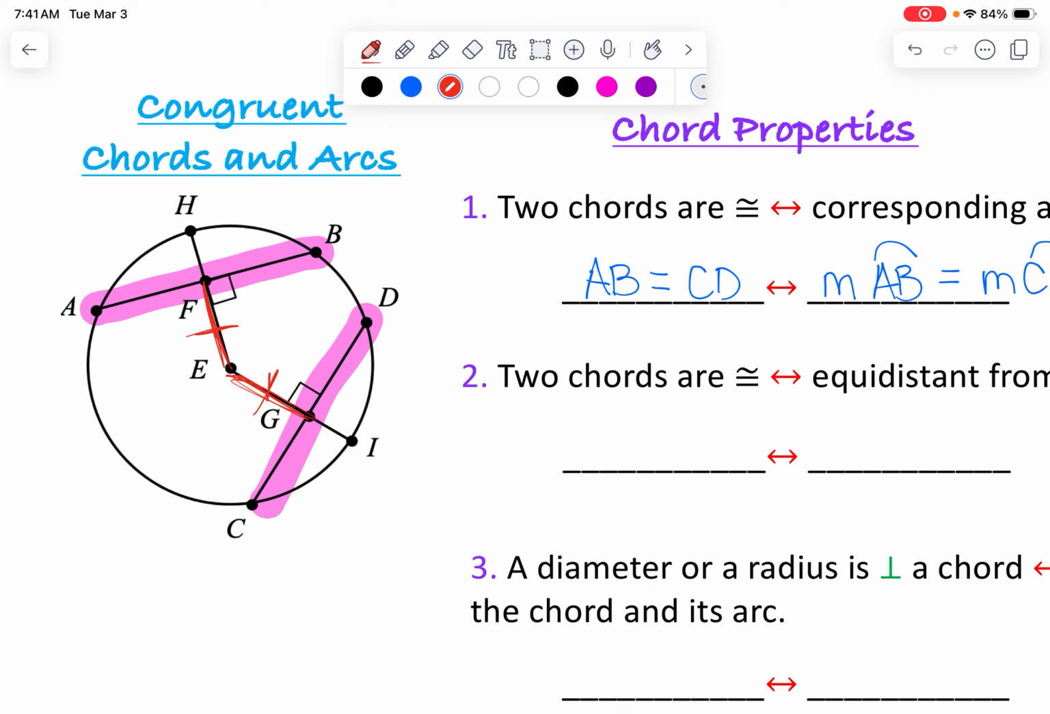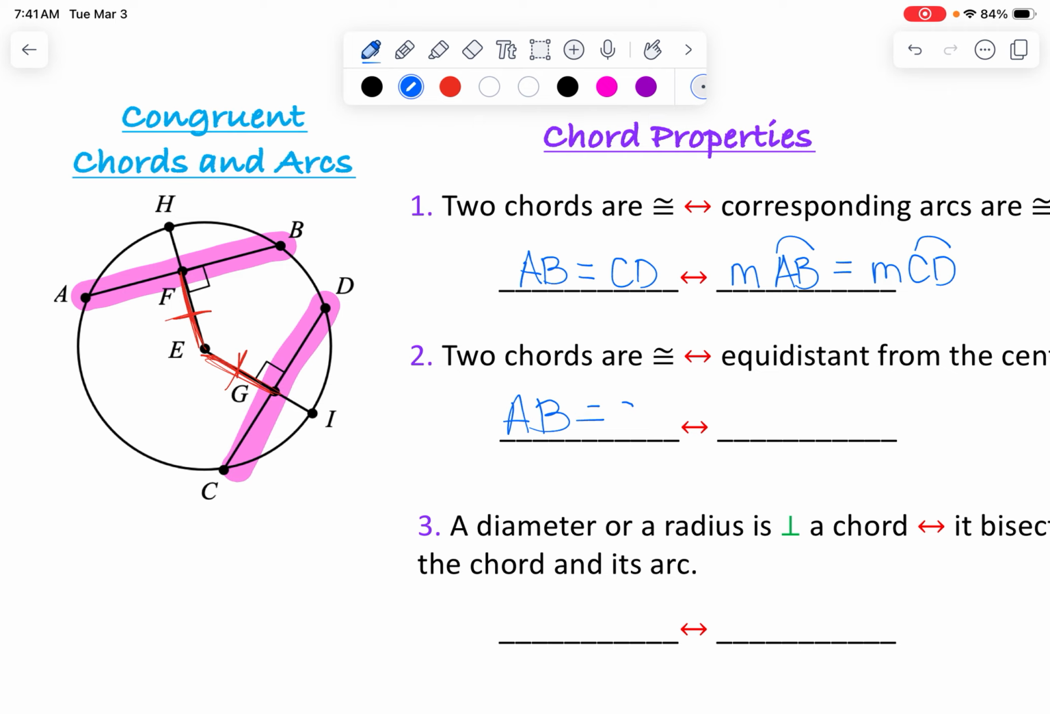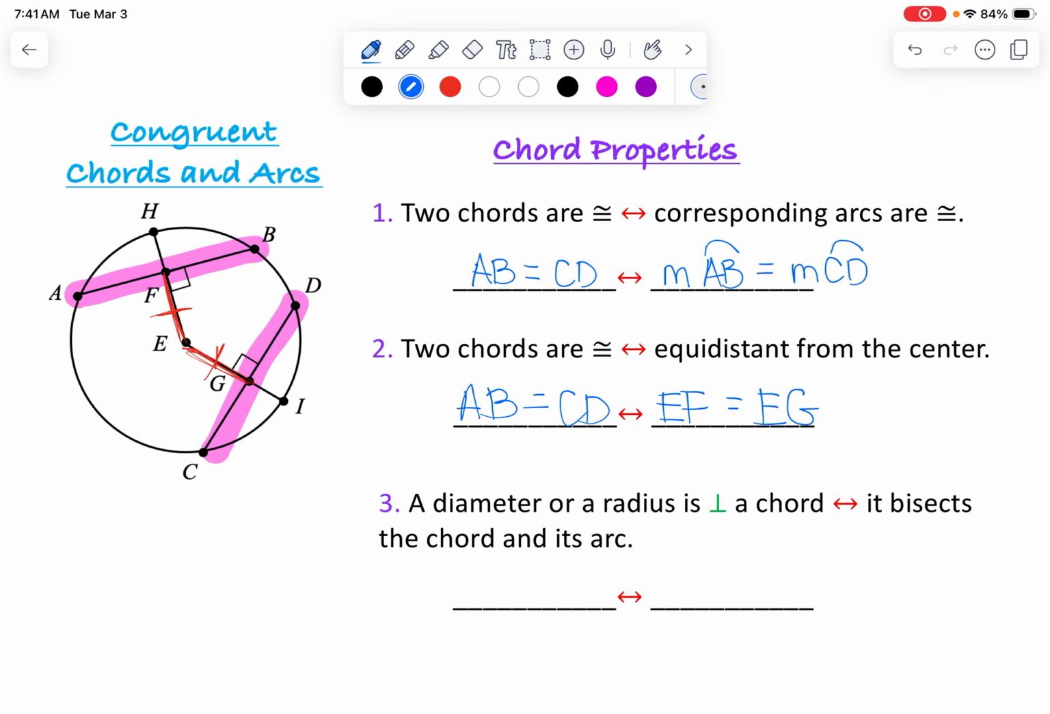So both ways. So let's write out what that means. Okay, so this would be AB equals CD again, if and only if segment EF, the length of EF, is equal to the length of EG. Okay, so again, just talking about the distance on the inside. All right, so that hammers that home. And then the last one, which is pretty important as well, is a diameter or a radius